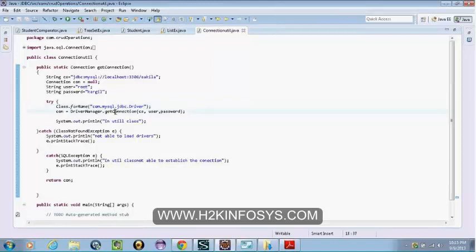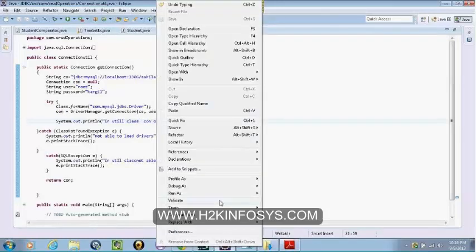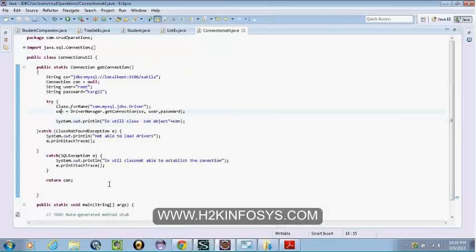So first, let's say in this utility class, I just call the getConnection method, right? So it is returning the connection. If I just run it, it should print me the, see, in the utility class, it is printing me the connection object. So I'm able to connect to the database. Let's say, for example, my username is wrong or my password is wrong.